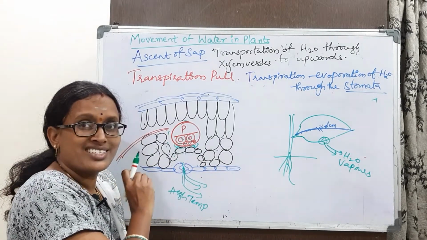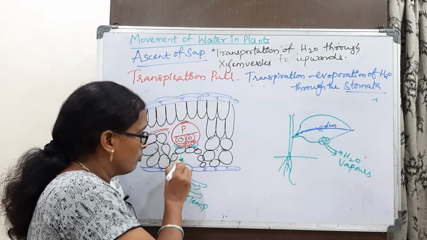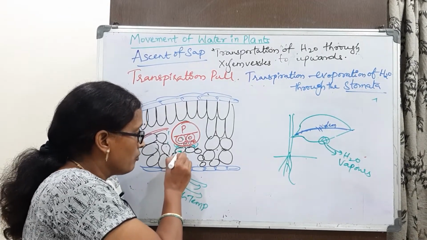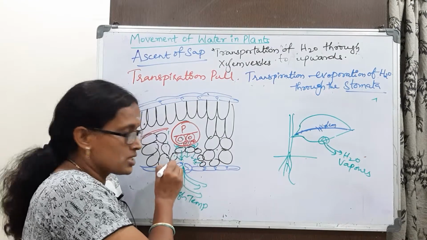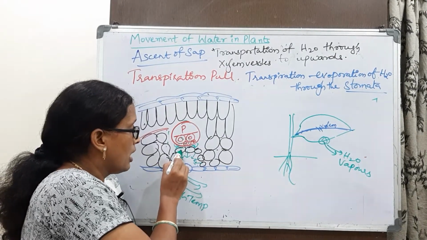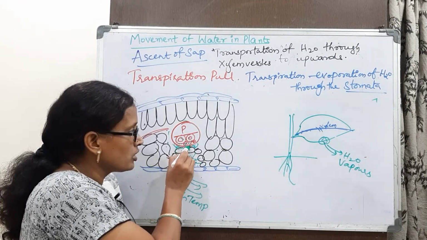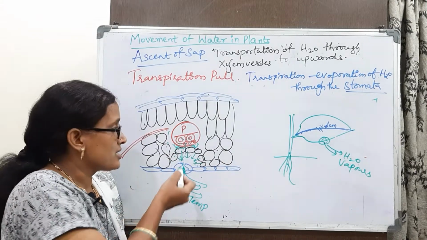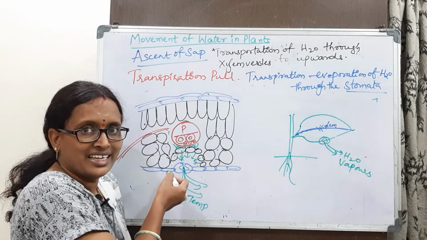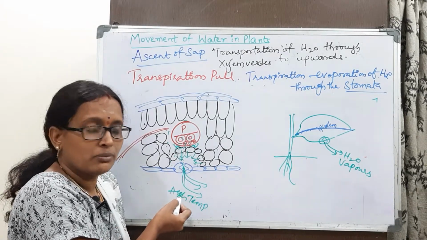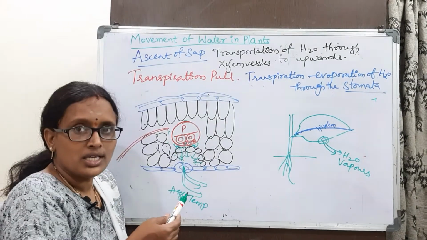So when water is evaporated, the diffusion pressure deficit is going to be decreased. From the mesophyll cells, the water is transported into the air chamber. Again, these mesophyll cells absorb water from the neighboring cells, and like that from the next cells. So tension is created. Tension is created by what pressure? Due to transpiration. So that tension reaches up to the xylem vessels.